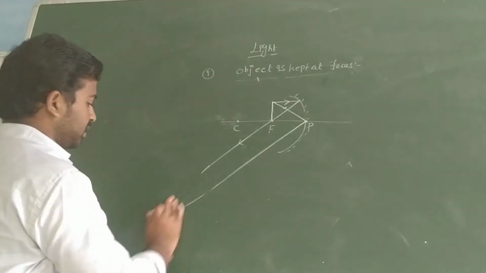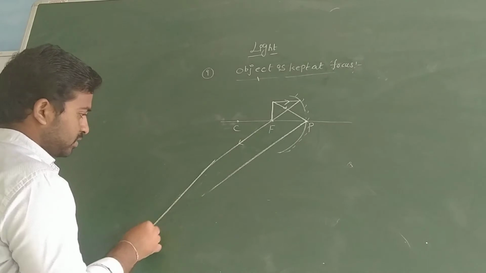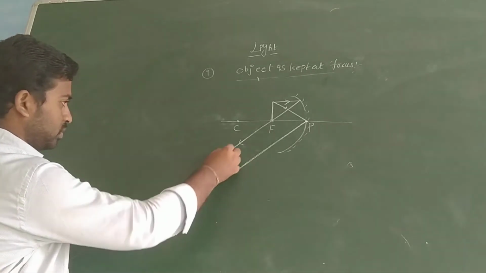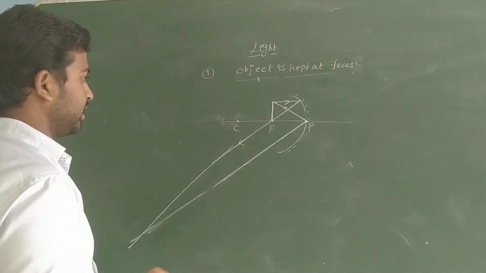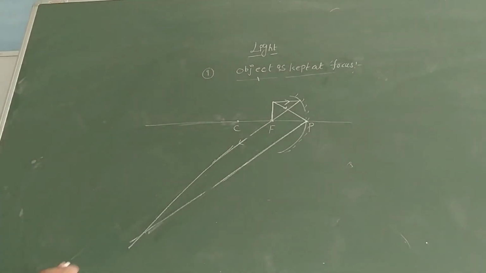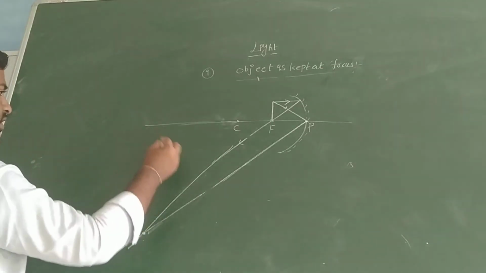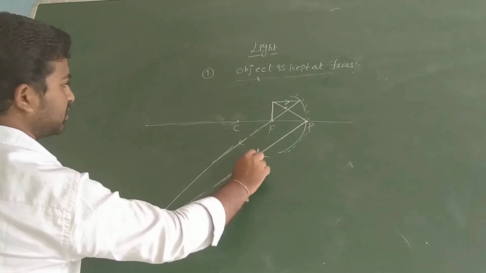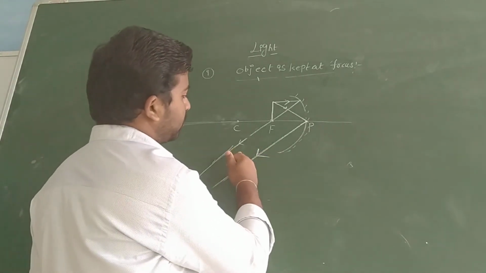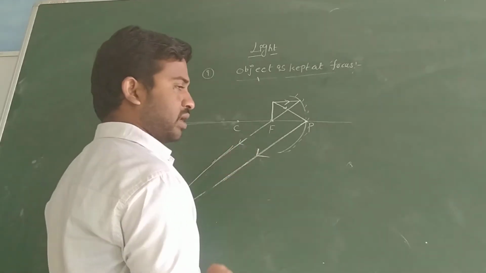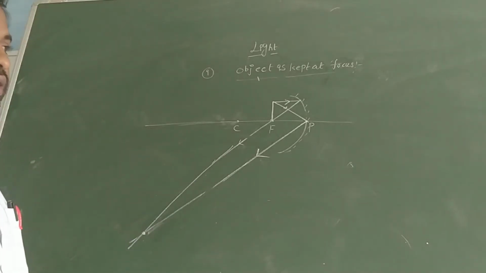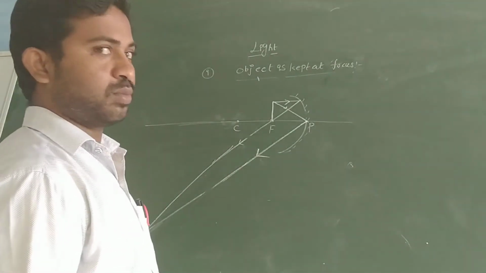These reflected light rays are at infinity distance, so these reflected light rays are intersected. See, this is actually the principal axis. Here, this is the intersection of the reflected light rays. This symbol is very important. In the exam also, don't forget to indicate this symbol. Then only I will understand that the reflected light is going this side. If you do not denote the symbol, then you lose marks.